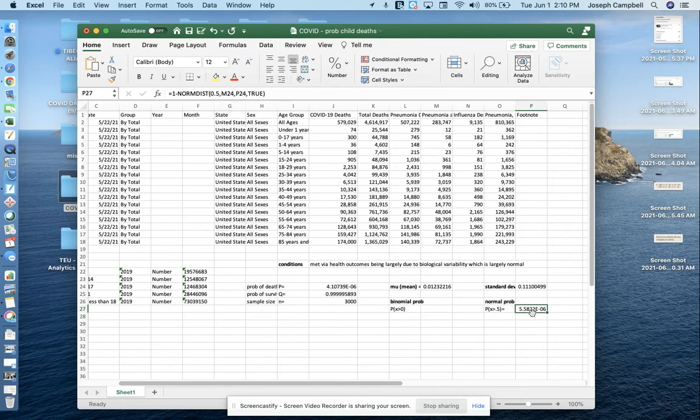So that's what we get here. Again, just to put that in perspective, that is 1, 2, 3, 4, 5 zeros followed by a 5. So about a 5 in a million chance that at least one person is going to die via COVID-19 in our school. That's including 1 and 2 and 3 and 4 and 5, all the way up to 3,000. If we were going to find the probability that exactly one would die, which is most likely, it'd be even smaller than that. Either way, that's the number.